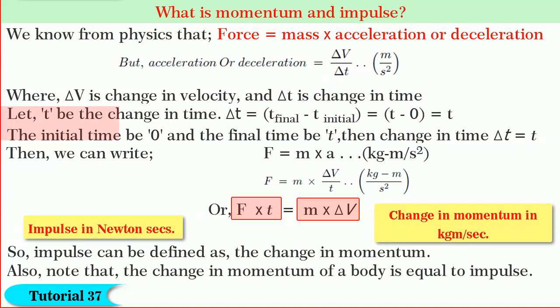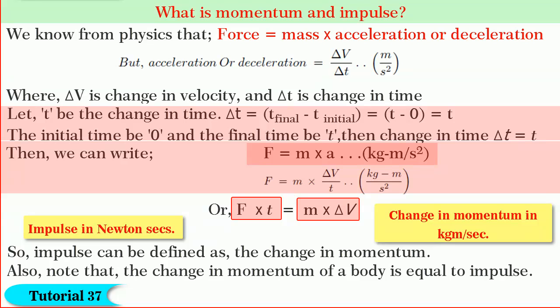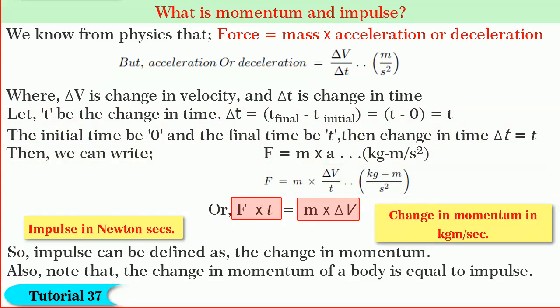Let T be the change in time, then we can write force F is equal to mass into acceleration, and that is equal to mass into delta V divided by T, or F into T is equal to m into delta V, where m into delta V is the change in